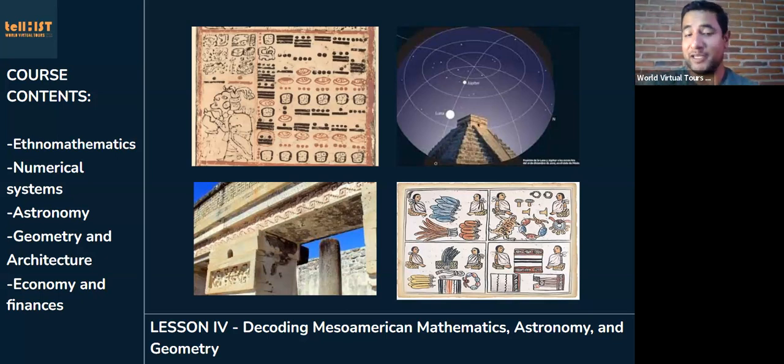Also, in geometry and architecture, today we are going to see more about geometry and architecture, more in the decorative patterns that we can see in different places, such as Mitla. But in the last lesson, we also mentioned some phenomena about the orientation of the cities in order to serve